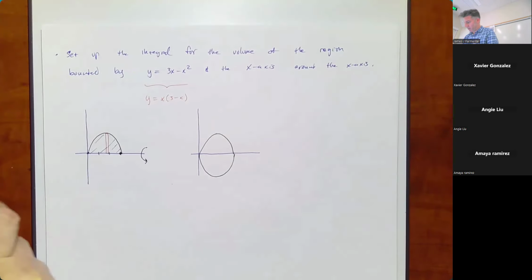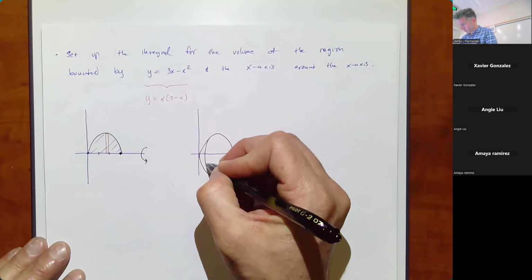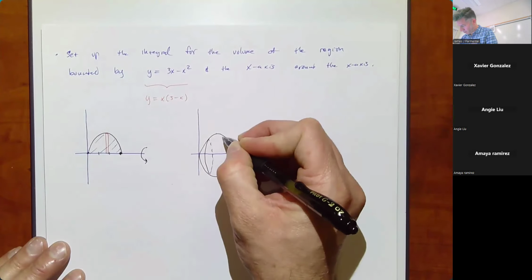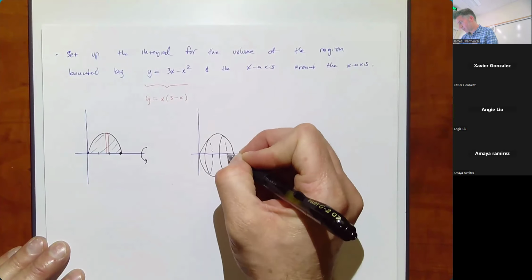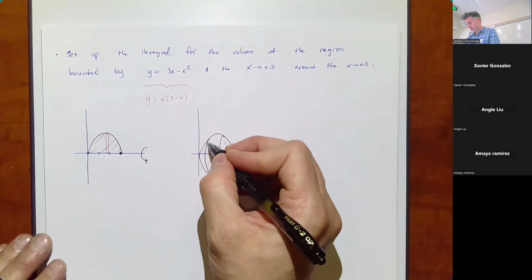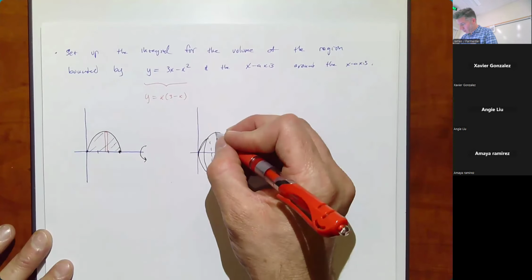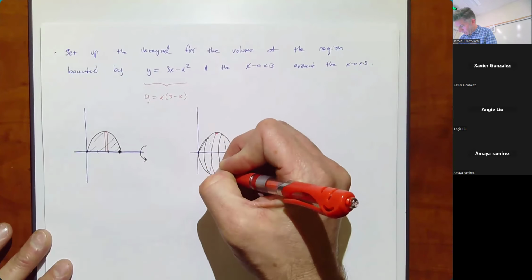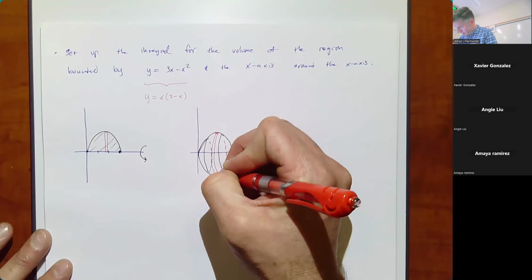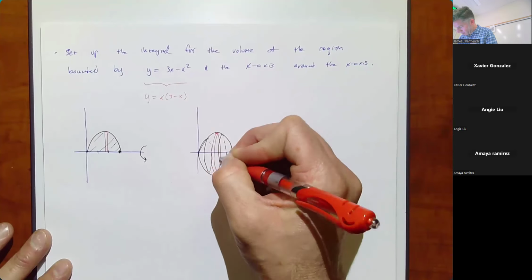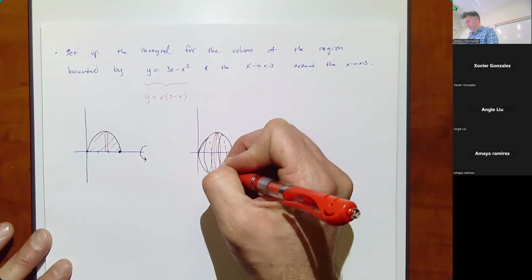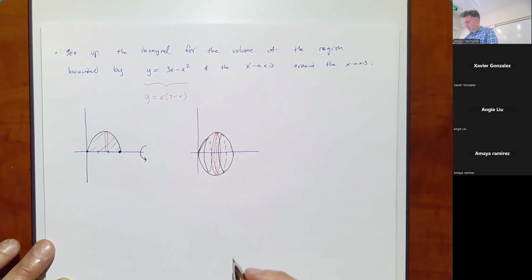And then you're thinking about having some sort of volume there. So you rotated this thing around. But really, what I really want to think about is the fact that I'm taking this strip and rotating it around and getting what I like to call a disc, or often call a slice. So that slice